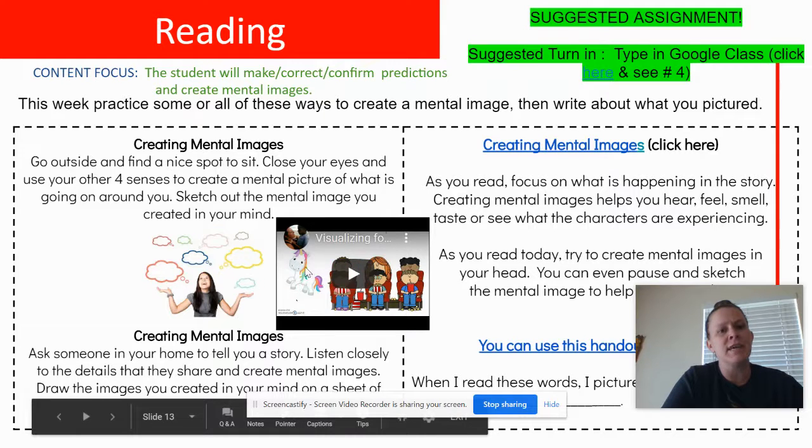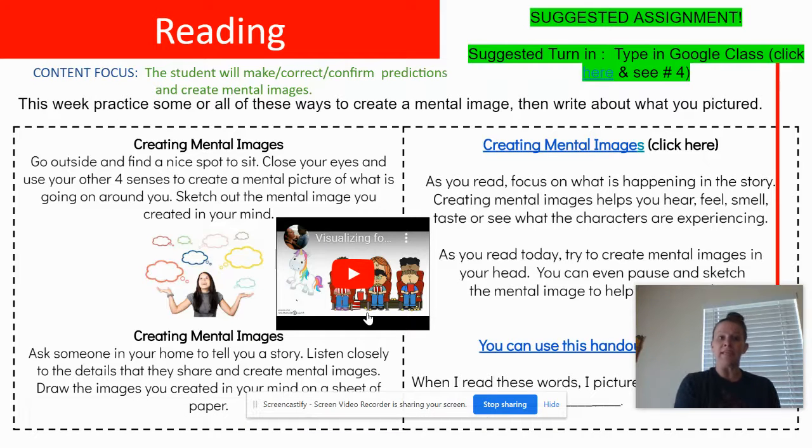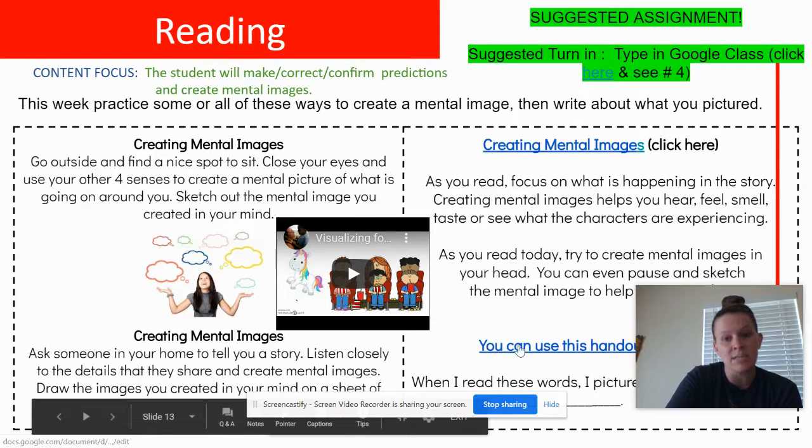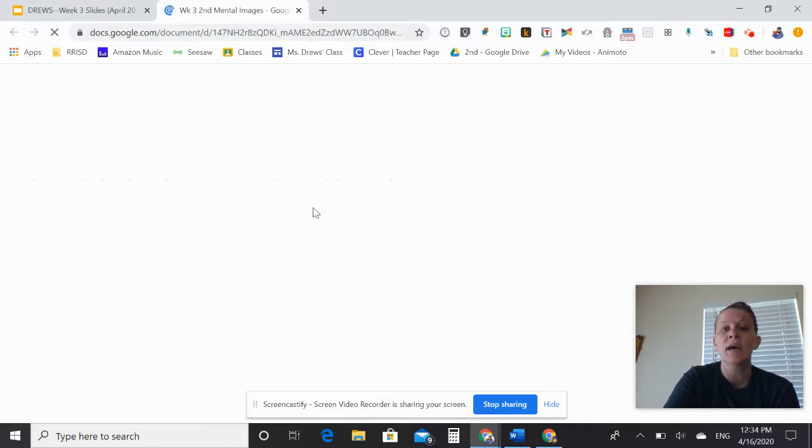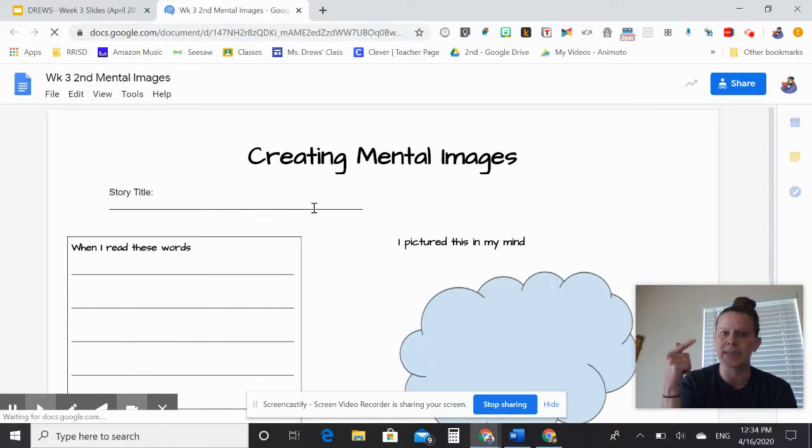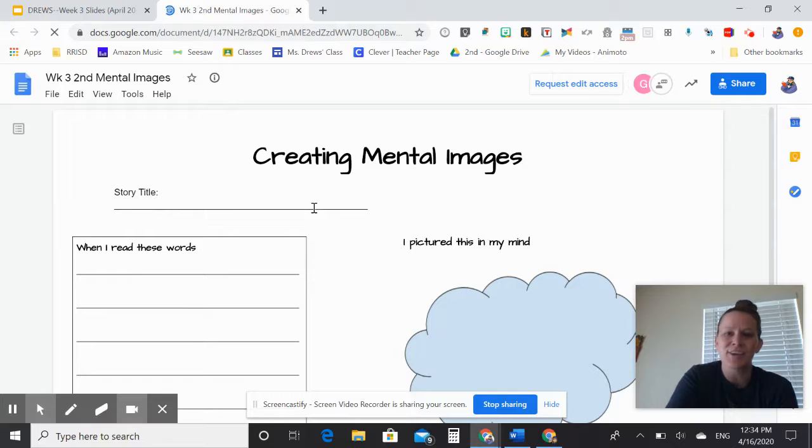Okay, so there is a video here that goes over mental images and visualization with you this week. But remember, when you're reading, that's the other kind of skill that I want you working on this week. There are pictures in our books sometimes that help us understand, but a lot of our second grade books are like my book I'm reading, and there's lots and lots of words, okay, lots of text. So that means as I read that book, I need to create mental images, or pictures in my brain, or movies in my brain, to help me understand and comprehend. So this handout that I'm suggesting this week, when I open it, helps you to show me what's happening in your brain, because I can't see inside your brain, obviously. So this is a good way to show me.